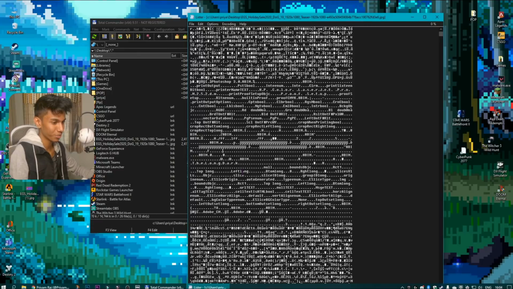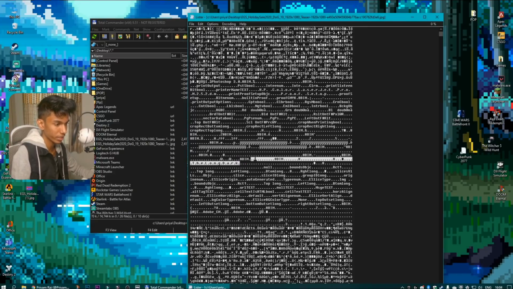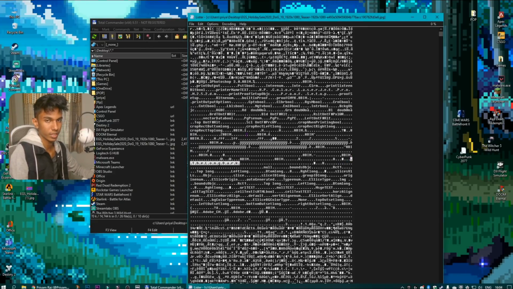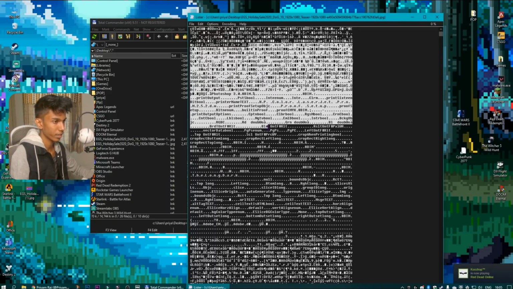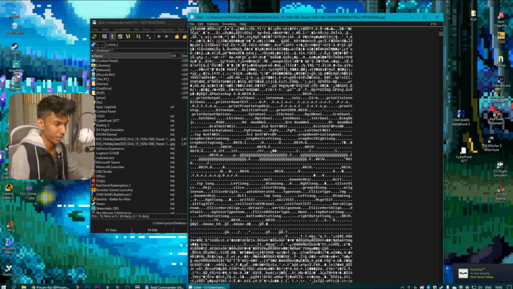I seriously don't know, but if you don't know what's going on, basically every image, every file on your PC is encoded in a special form, and this software just decoded it. And all of these codes that you see right here is what makes the image. And right here we have The Long Dark. I don't know why it is there. Maybe Epic could have removed it or something. Maybe seriously, they did not think that we would go this deep.